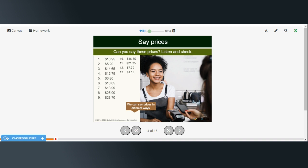$18.95, $5.20, $14.65, $12.75, $3.80, $10.05, $13.99, $25 even, $23.70, $16.35, $21.25, $7.70,